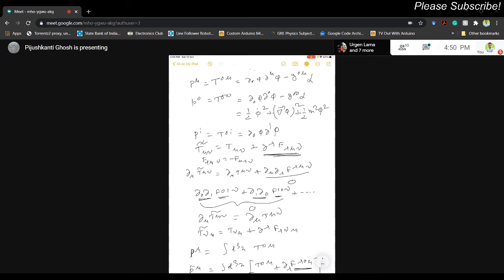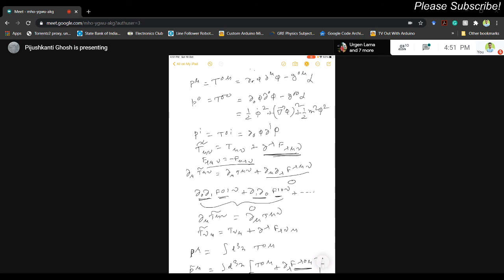At this stage we are assuming that we add a term of this form, delta lambda f lambda mu nu, where f lambda mu nu is a rank 3 tensor which is antisymmetric in its first two indices. F lambda mu nu is equal to minus f mu lambda nu. If we assume that, the next step I show is that if you take del mu T mu nu tilde on both sides, then del mu T mu nu, and here it is symmetric in mu lambda, antisymmetric in lambda mu. So I just tried to argue here.